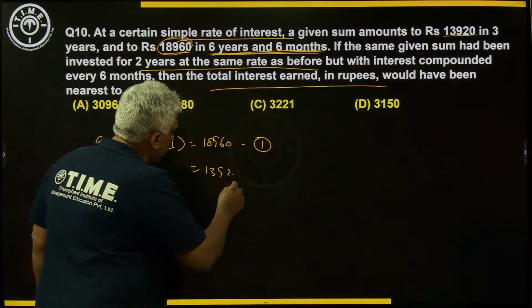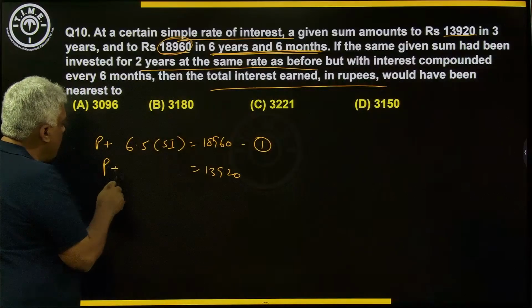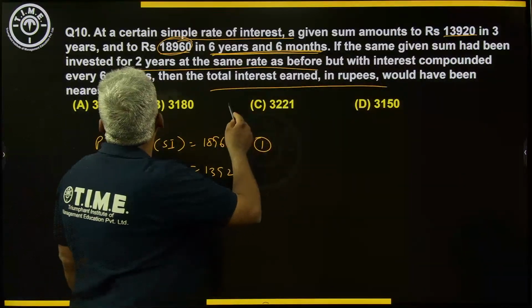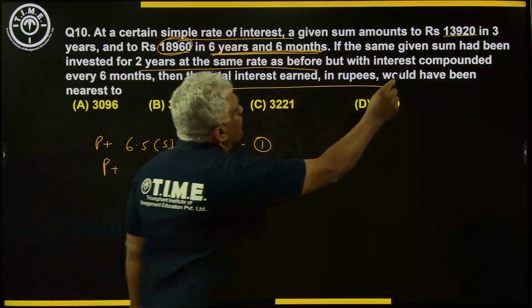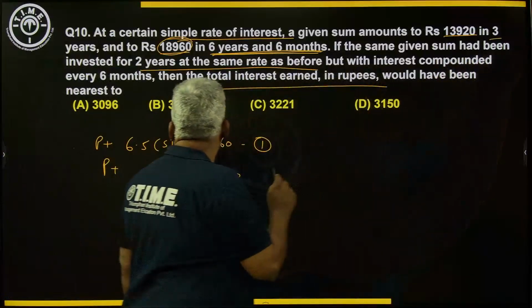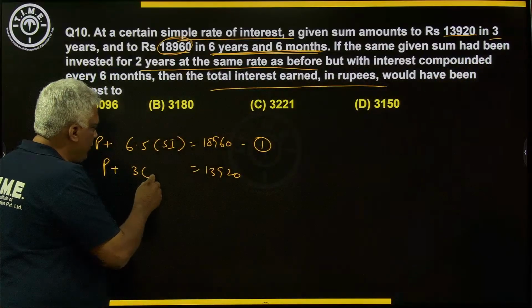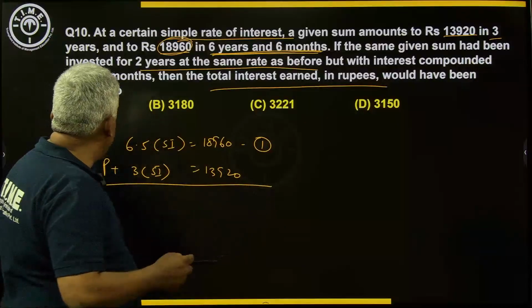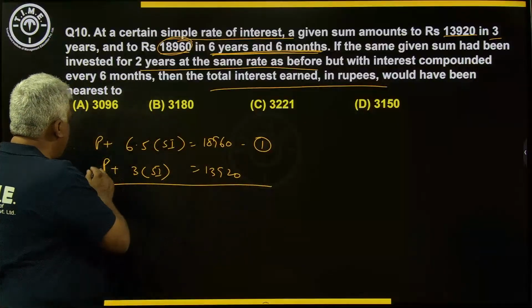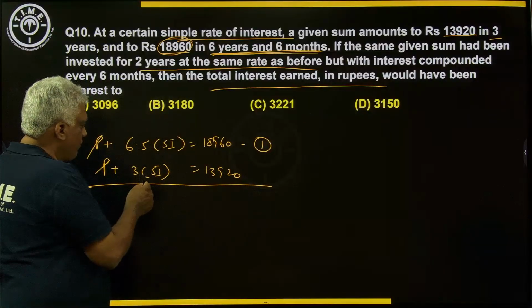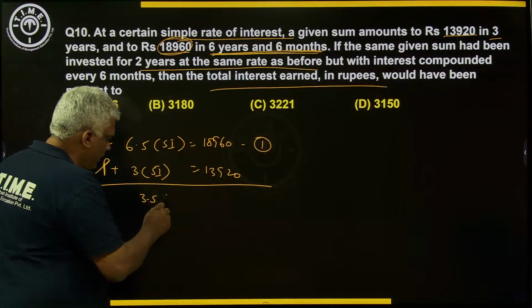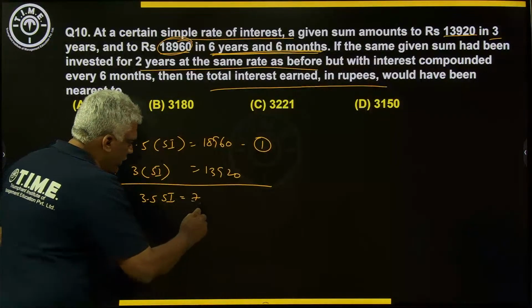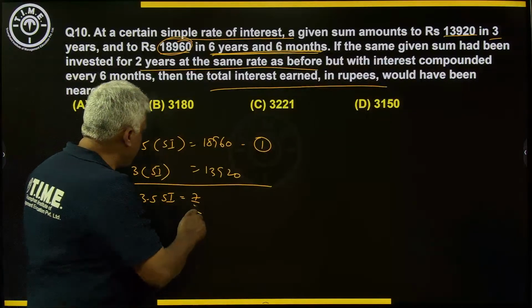13,920 is the principal plus 3 years' interest, right? It's 3 times the interest of 1 year. If you subtract, we can find the principal, right? So if you subtract, P and P get cancelled. You'll get 6.5 minus 3, 3.5 years SI, that is 7 by 2, times the